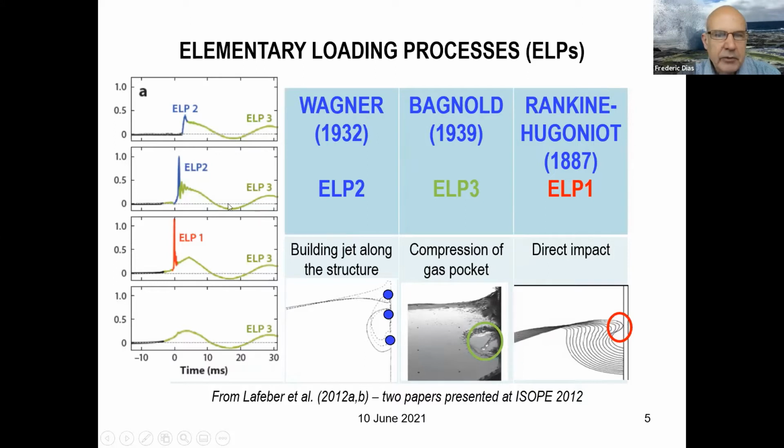Then the second one, ELP2, that's this peak here. And actually this one can be explained only with incompressible flows. It comes from the jet impacts. Earlier that was the ELP1, but now there is a change of momentum and the liquid now goes quickly along the wall. And it's this change of momentum that creates this pressure peak. So that's the ELP2. And then the ELP3, which you see here with the oscillations, is when the entrapped gas pocket oscillates. So you get these oscillations.